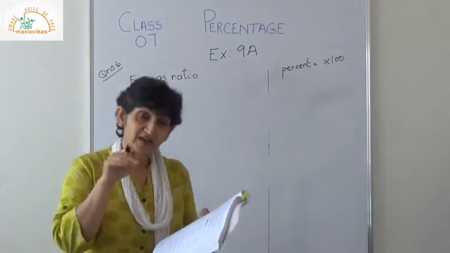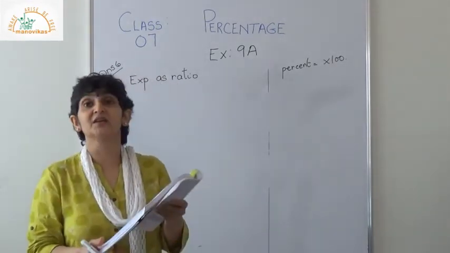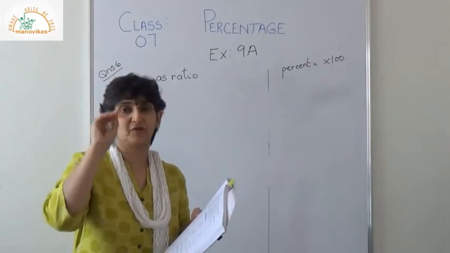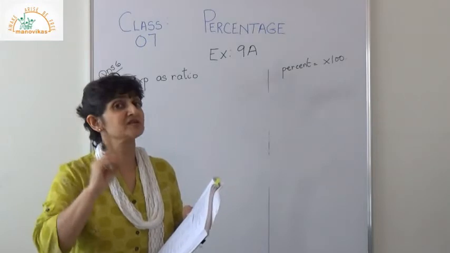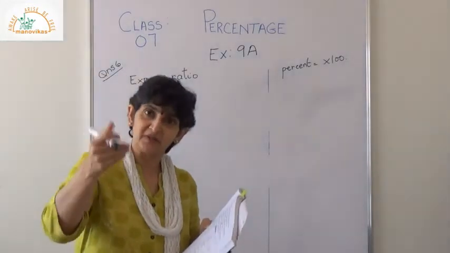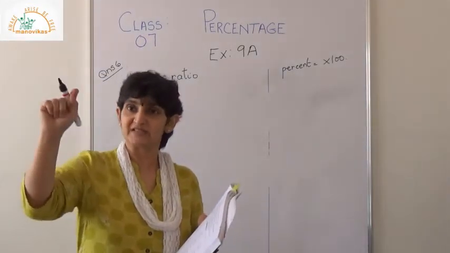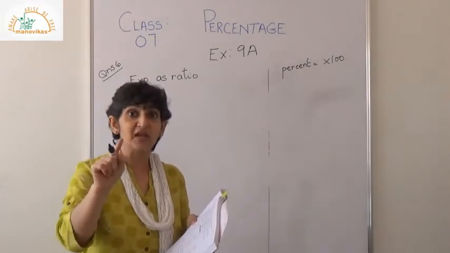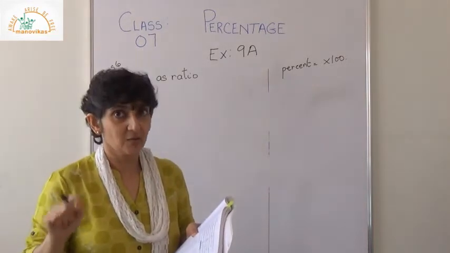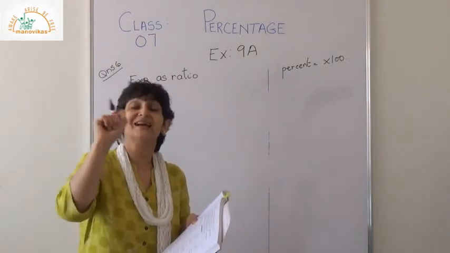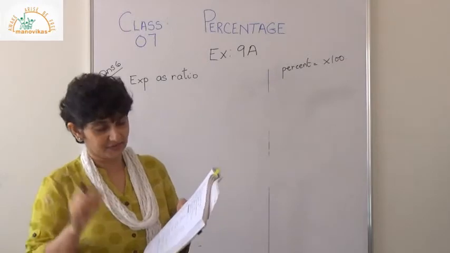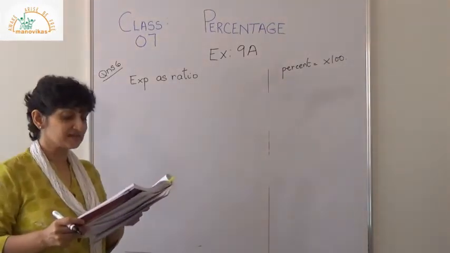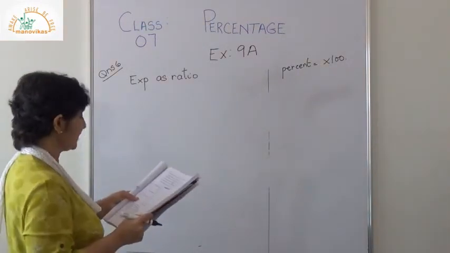Now, you were given percent and you were asked to convert into fraction. So what did you do? Whenever you have percent, like for example say 3%, what is the meaning of 3%? Percent means out of 100. So 3% means 3 out of 100, which also means 3 upon 100, which also means 3 divided by 100. Alright? Now let's come to question 6. Express each of the following as ratio.